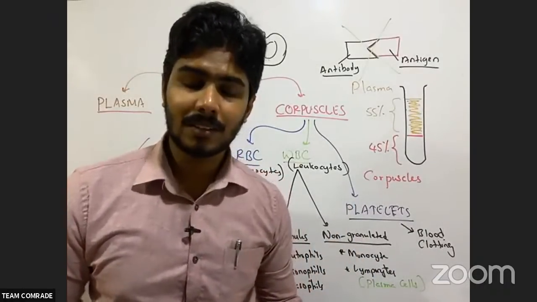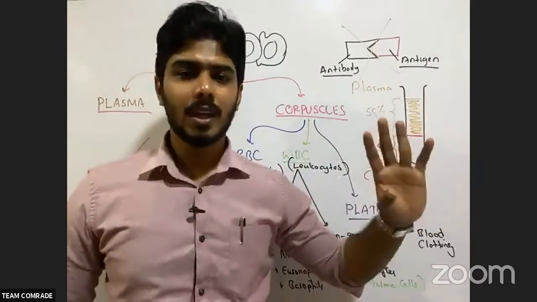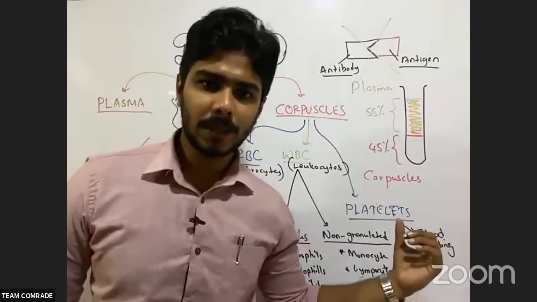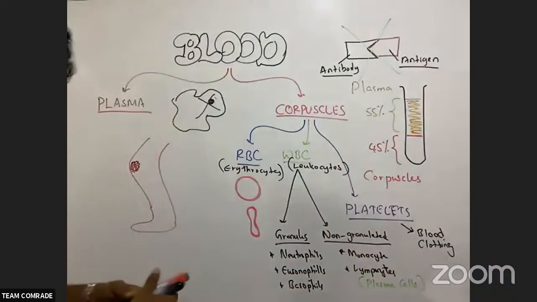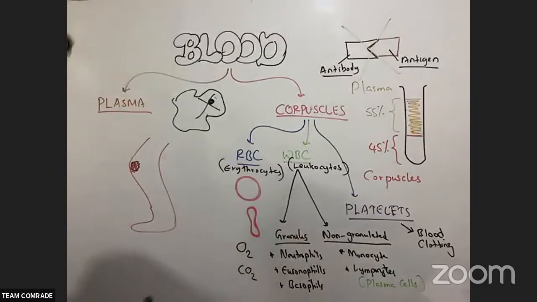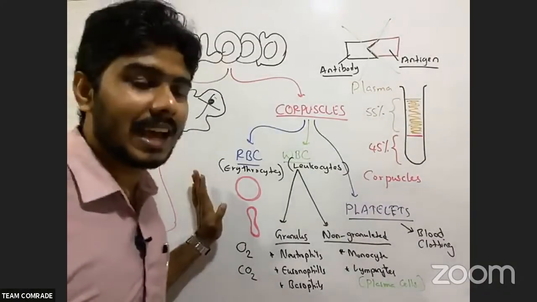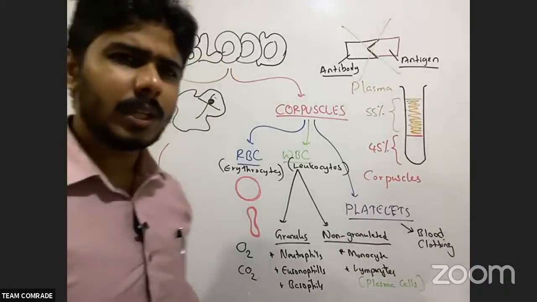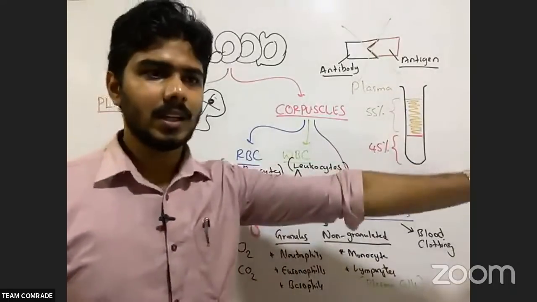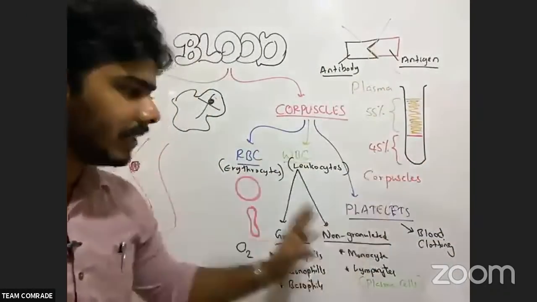When you come to grade 11, grade 10, we will study that. These things get absorbed into the blood, right? They are also transported. So the blood's main function is transporting oxygen, especially. They are transporting oxygen and carbon dioxide too, which we call carboxyhemoglobin. They have a protein called hemoglobin, which carries oxygen in the red blood cells. We were studying the heart circulation, with blood going inside. So this is what blood is composed of.